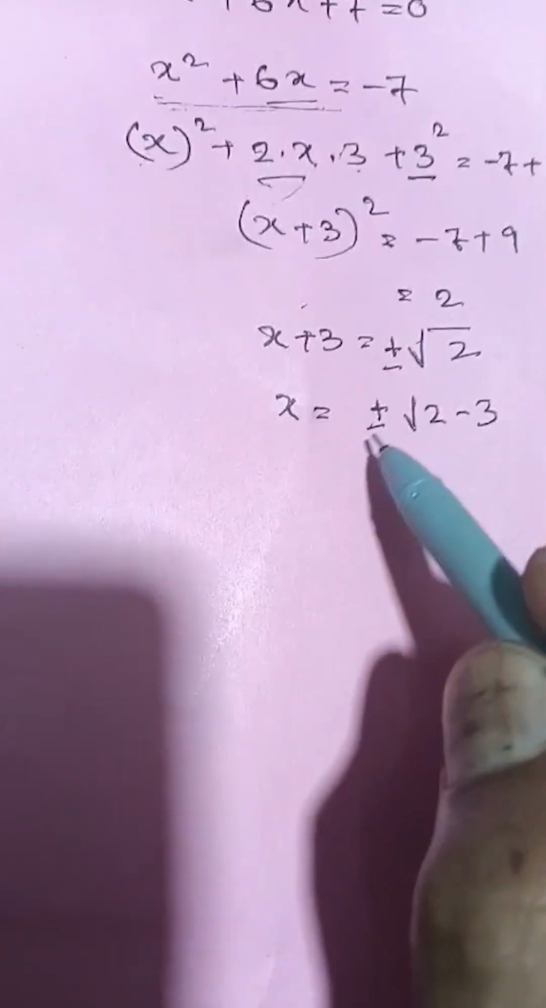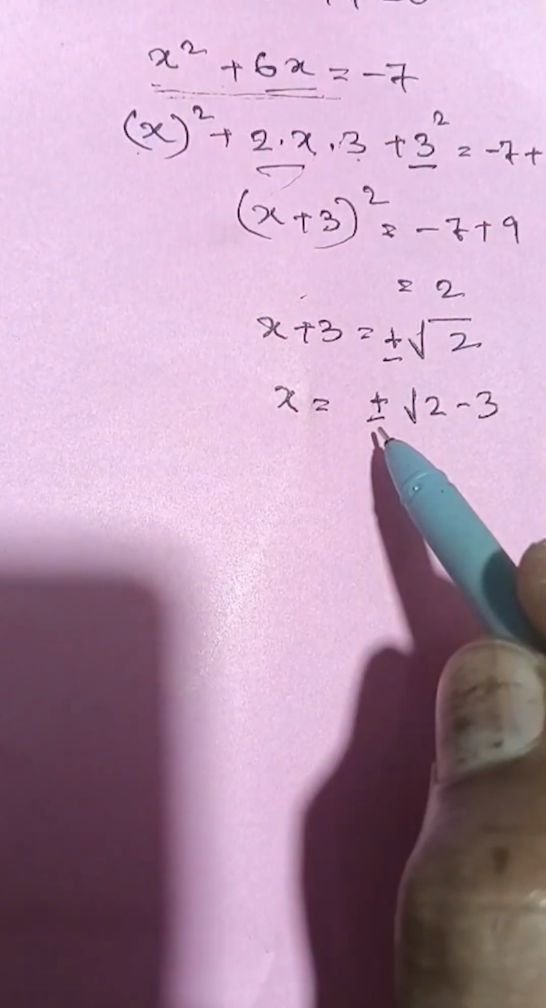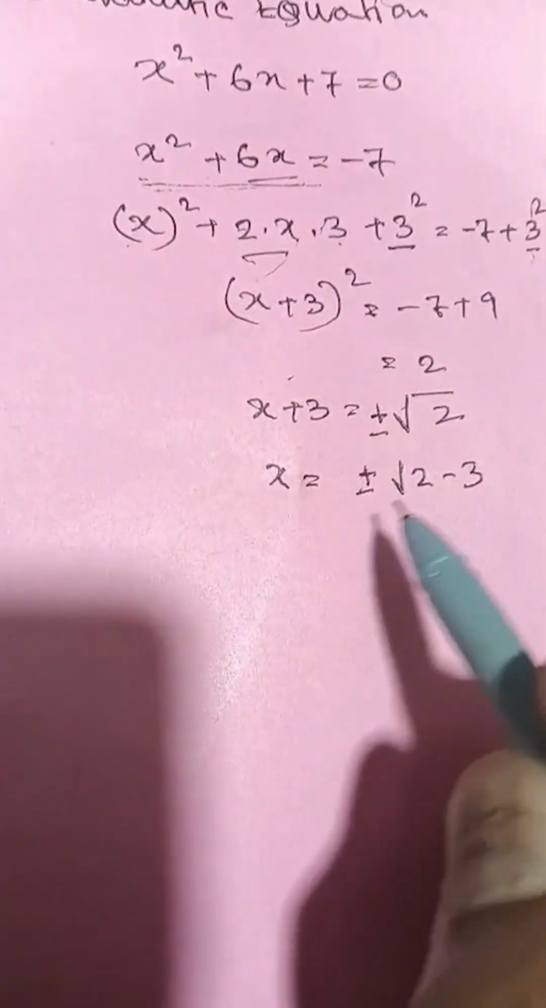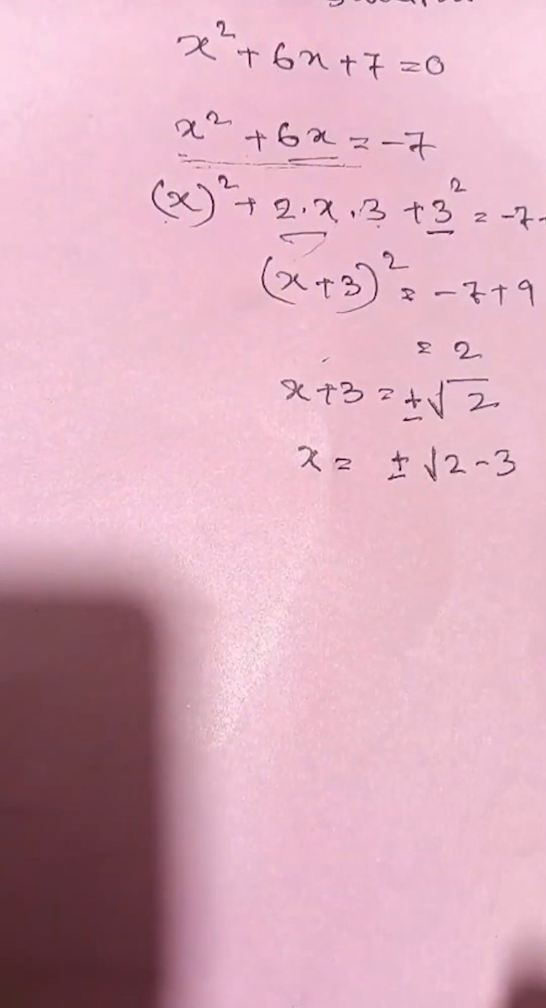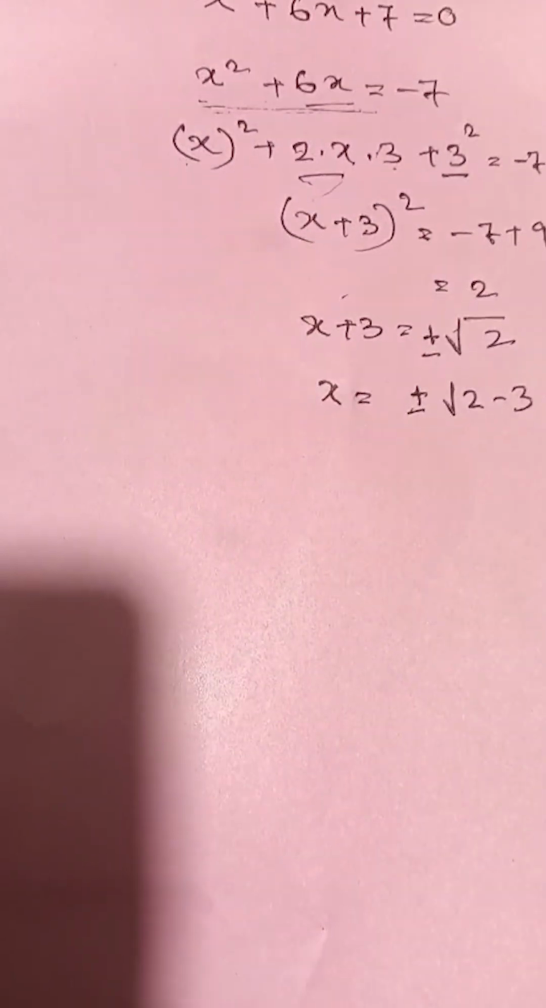Here you see there are two values of x. One of them is plus root 2 minus 3. Another of them is minus root 2 minus 3. So this is the solution of this question. Another question. I am trying another question. You see the question is